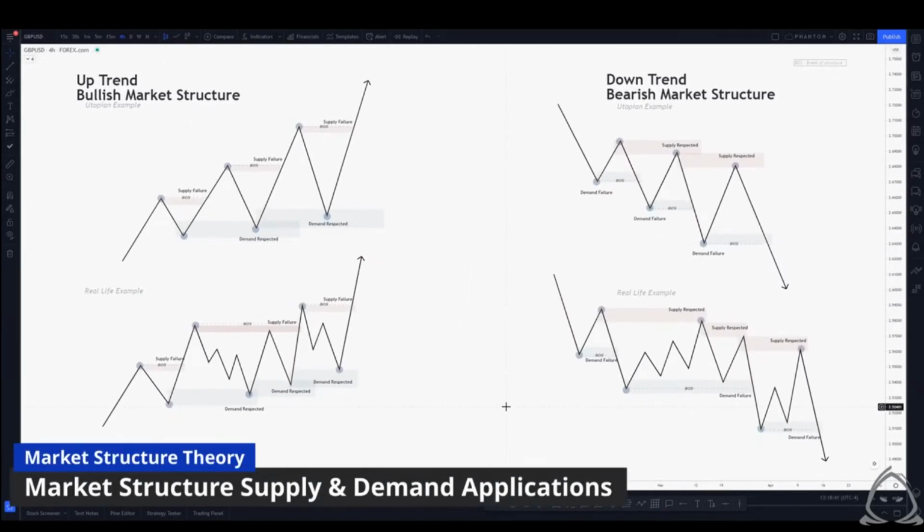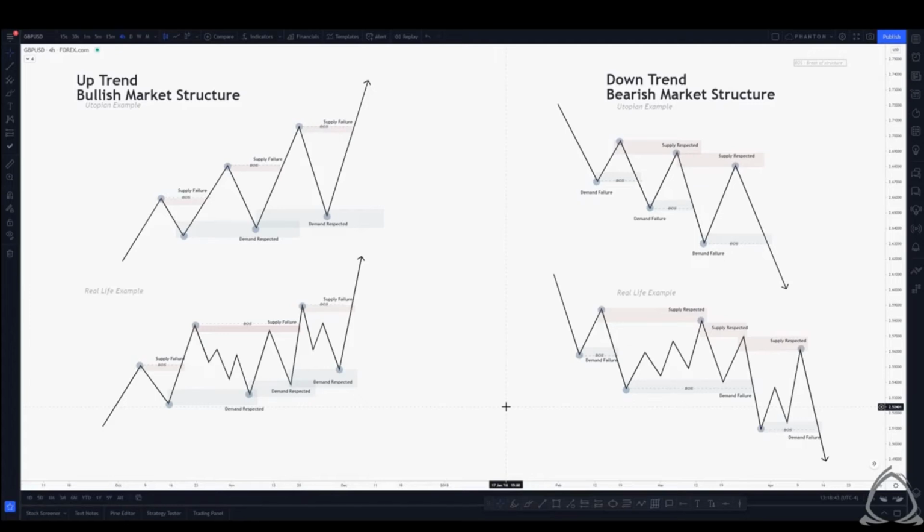Now let's take it one step further and combine market structure with supply and demand to understand how they interact with one another. Using the same examples from prior, we have, again, the utopian bullish trend example. We're creating higher highs, higher lows, higher highs, higher lows, higher highs, and higher lows. But if we take that a step further and look at that through the lens of supply and demand, what